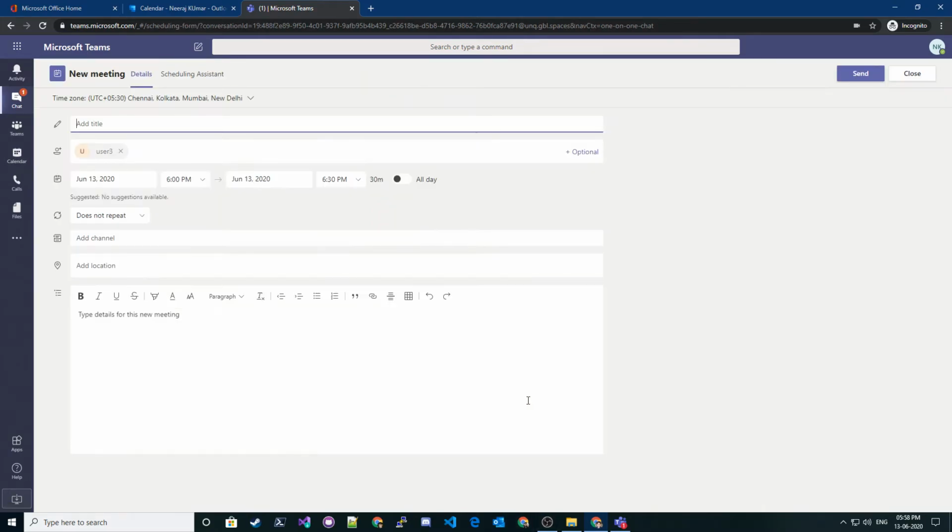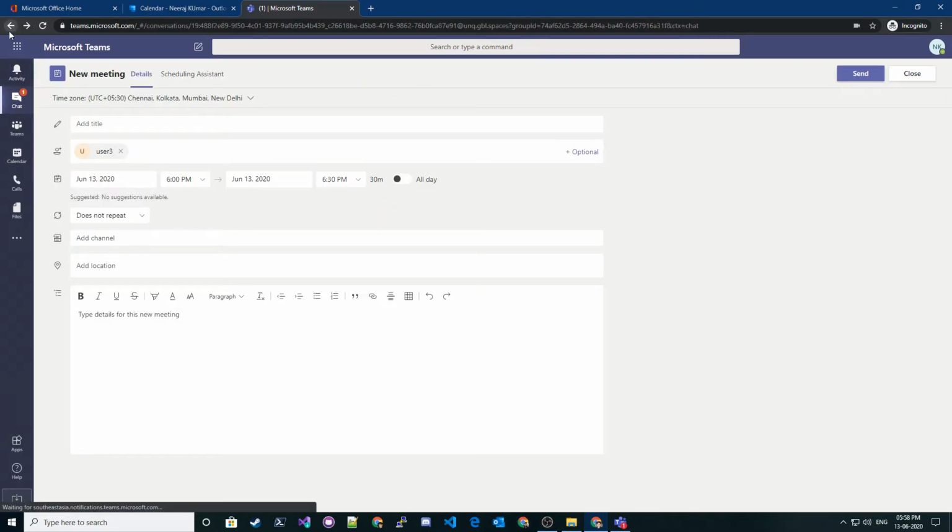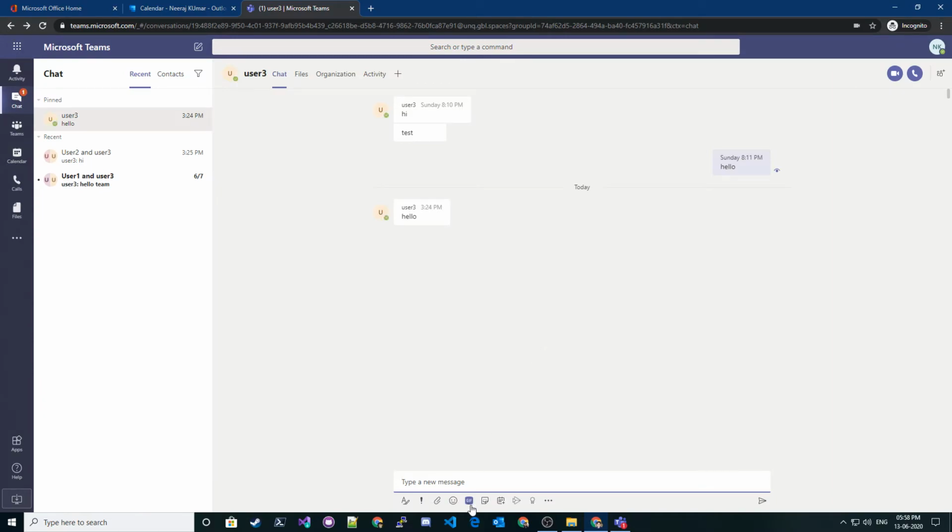Okay. So in this option, you don't get the video option as of now, but you get the schedule meeting option available to you. Okay. You don't get that option over here, but you can directly start a video call over here. Okay. So you need to take care of the UI that is there. You can directly start an audio call, or you can directly start a video call. Okay.